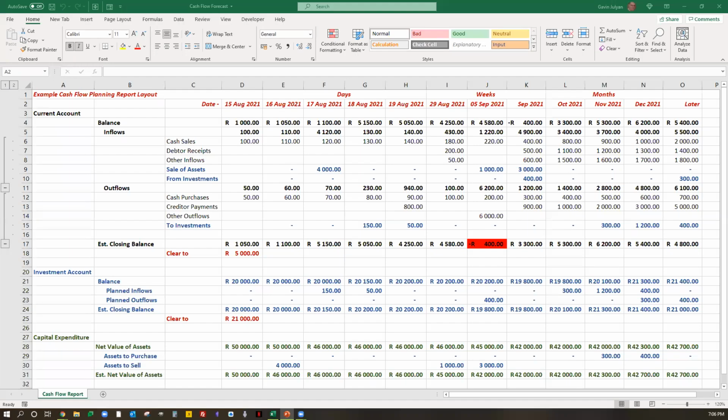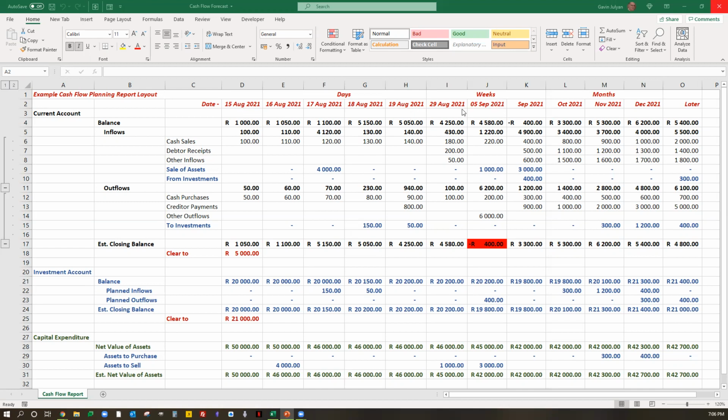Now, there's the basic introduction, which leads us up to probably the most important thing, which is, hey, what does this report look like? And what you've got on the screen at the moment is, that's it. That's the whole report. Except there's an awful lot of formulas and stuff going on here. So for example, the dates at the top, these are not accidental, these are very deliberate. We've got 5 days. So today is the 15th of August. So 15, 16, 17, 18, 19th of August. So there are 5 days there.